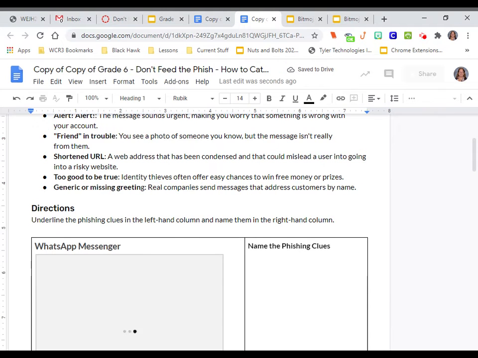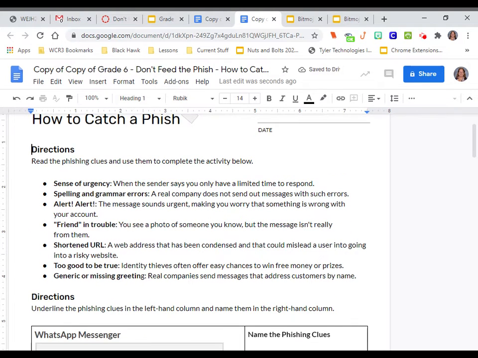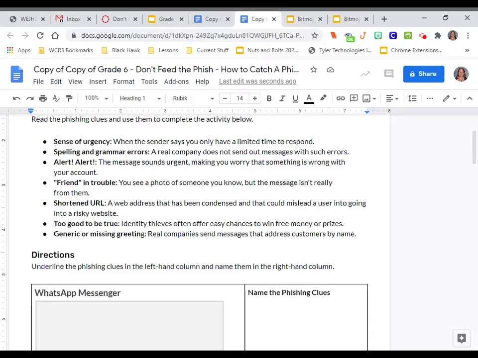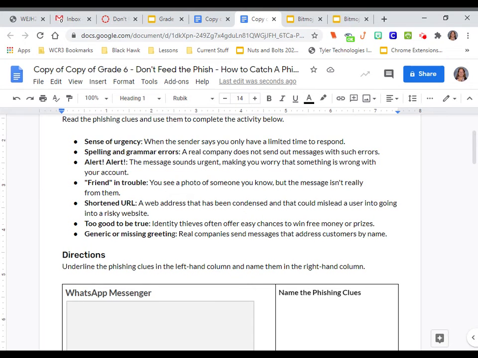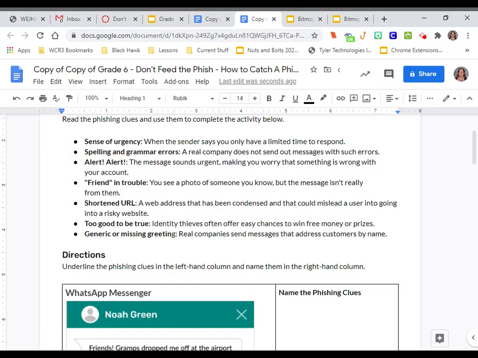Now, what this is doing, this right here, is giving you clues to look for. The bold part is the name of the clue, and then the rest of it is a description or a definition of the clue. So what you're going to do using these names, using sense of urgency, spelling and grammar errors, alert, friend in trouble, shortened URL, too good to be true, generic or missing greeting, using these things,